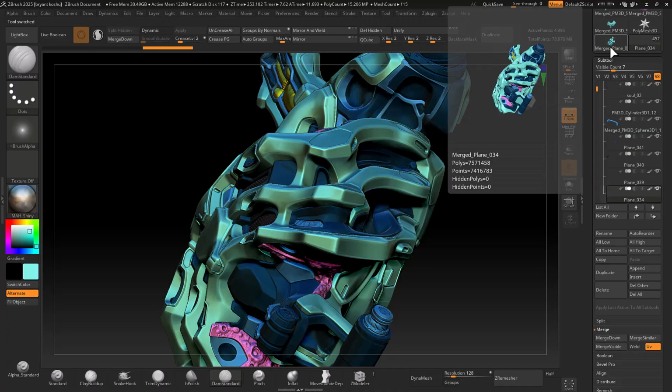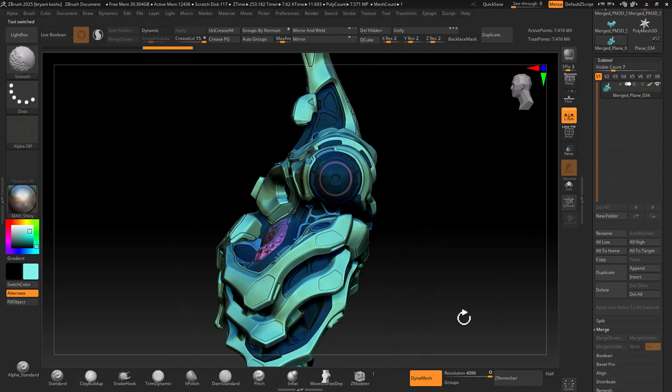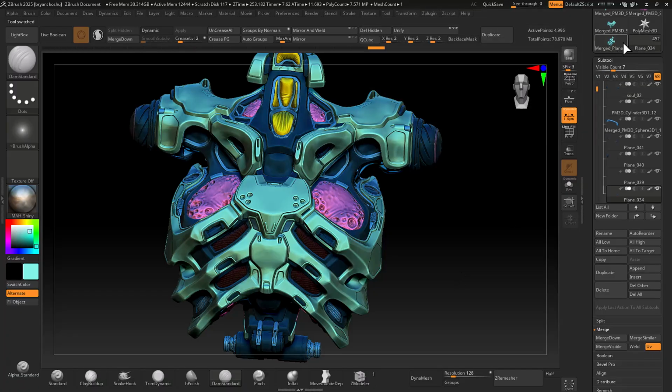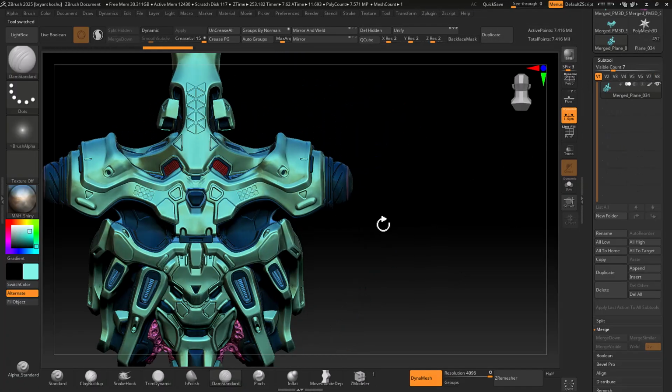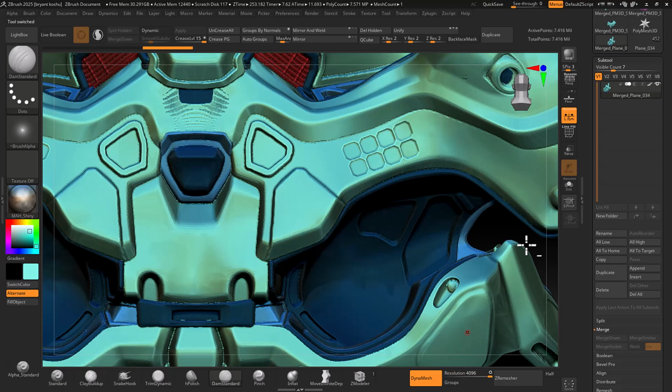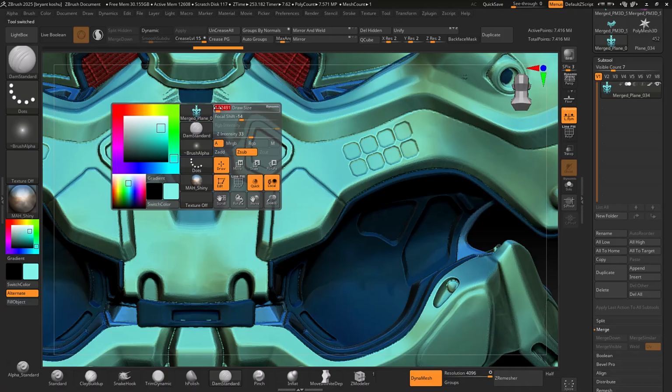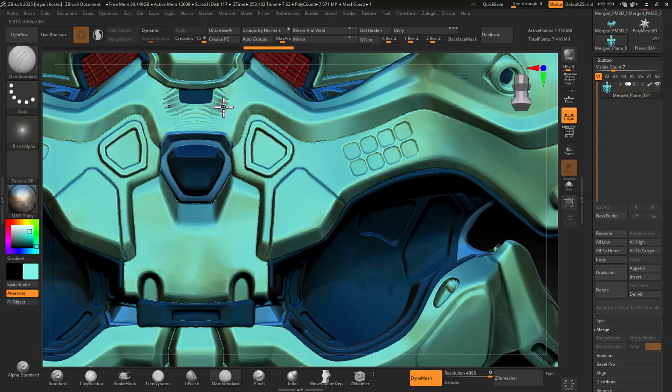Just kind of flipping back and forth. Good. Yep, so I think that was the only problem. The only part I need to fix is just kind of go back to this little back piece right here. And all I gotta do is just smooth it a bit, or